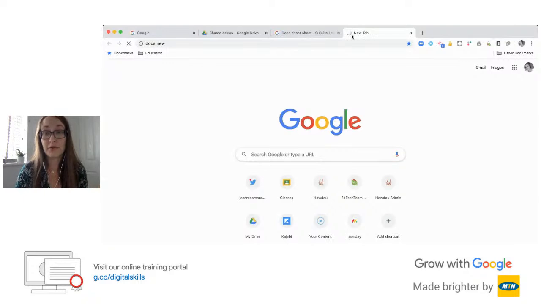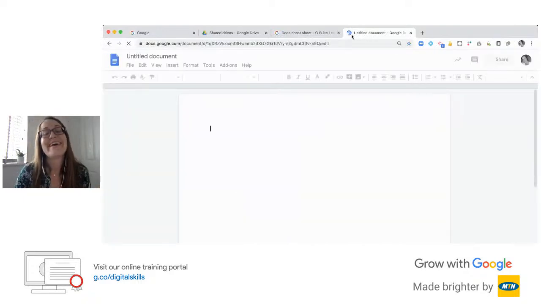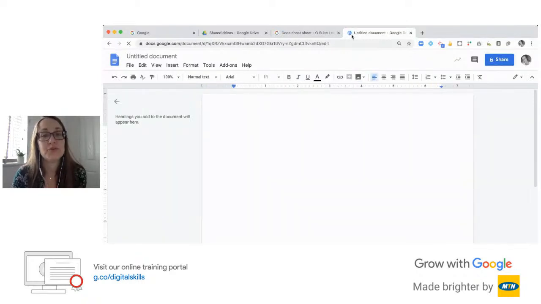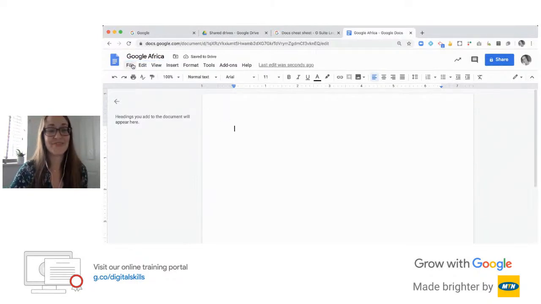docs.new is another little handy trick that you can use, that shortcut with any of the apps, to create a new blank file. So I'll give my title here. Okay, and just to show you really quickly some of the features, as I insert my title, subtitle,